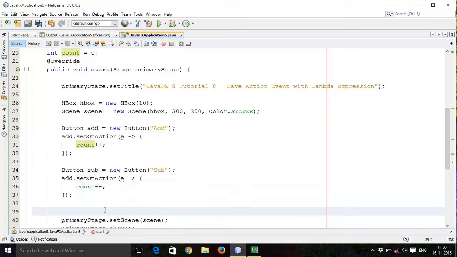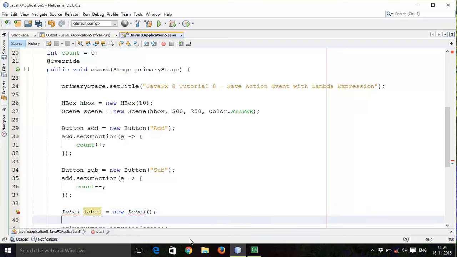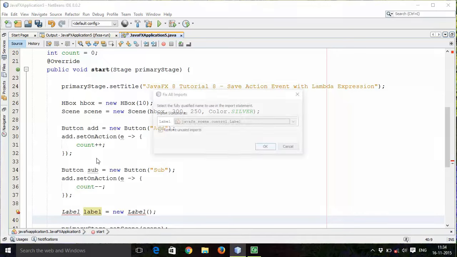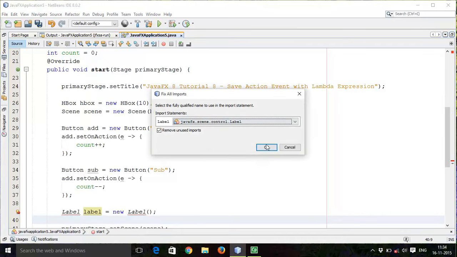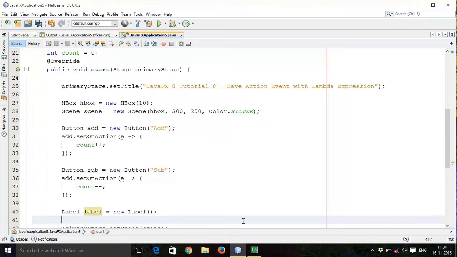Now add a label. So label equals new Label, this label is to print the result of the add and subtract buttons. So fix the import, add the JavaFX control Label. Then set the result on the label.